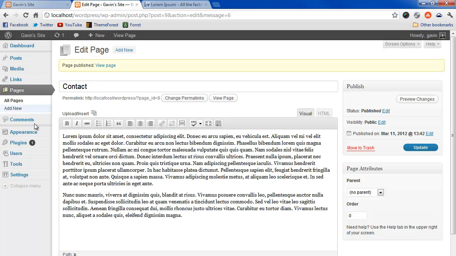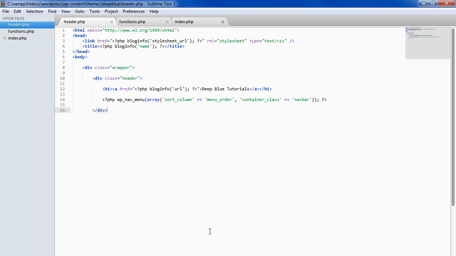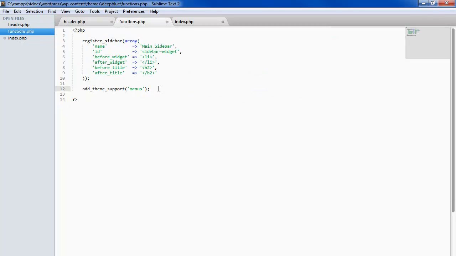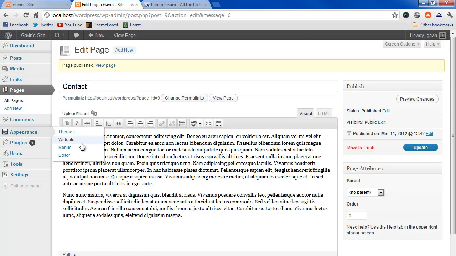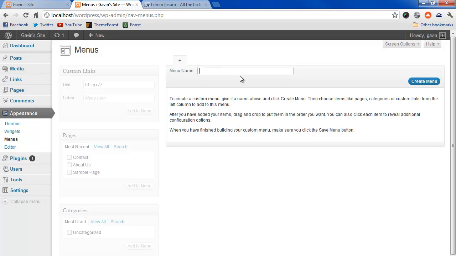Now we're going to go to Appearance and Menus down here, and this Menus option will only appear once you've declared the function here in your functions.php file. Once you've declared add theme support menus, this will only appear then. So we'll go into that, and we will create a new menu up here. We'll call it Navigation. We'll create the menu,